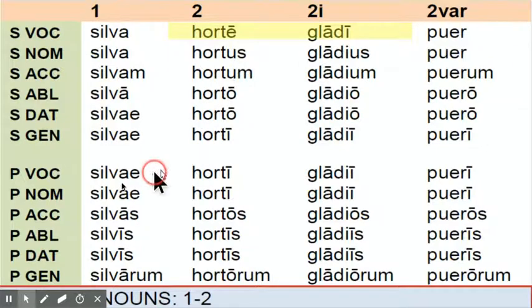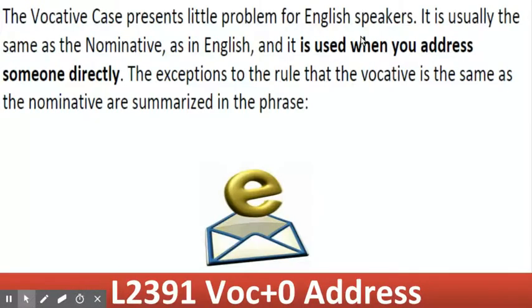So therefore, it looks just like the nominative except for second declension and 2i in the singular, where it's a long e, or for a 2i, becomes a long I. So it's what you use to address people. So marque, and then if you want to say my, you go mi fili. My fili, second I, son.